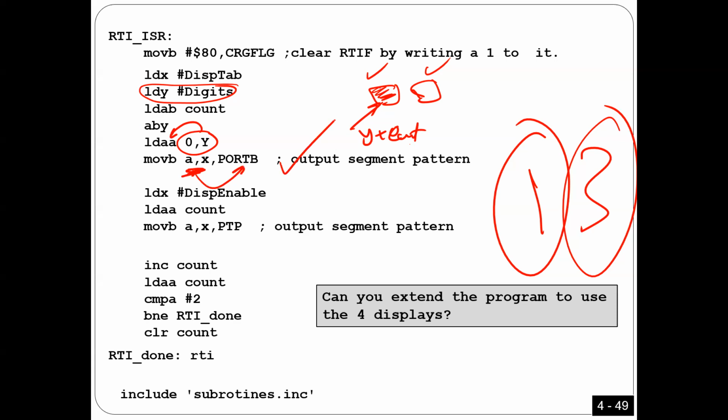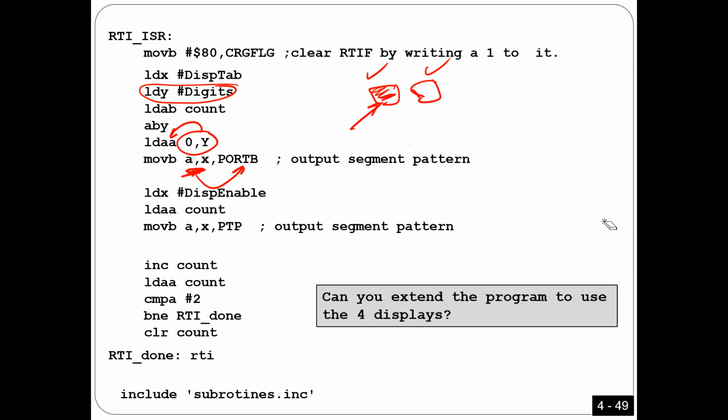So what should I do now? What I have to do now is enable the 7 segment. Okay. So now I got one number. So exactly what happens here: when count equals 0, 1, 0, 1, 0, 1. Every time it is 0, I'm gonna get this byte here. When it is 0, I'm gonna take this byte,